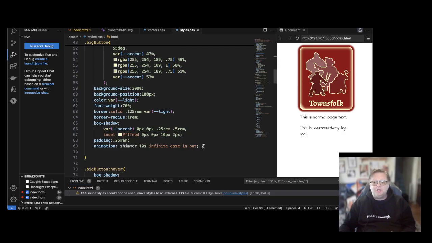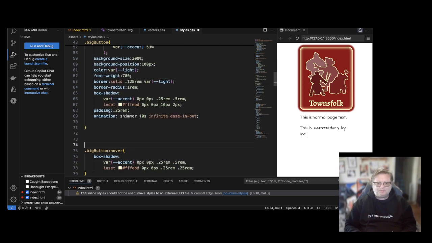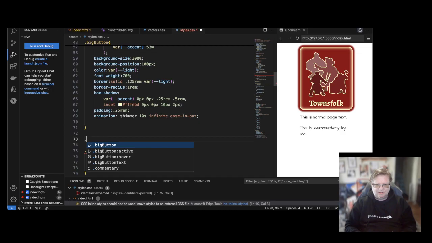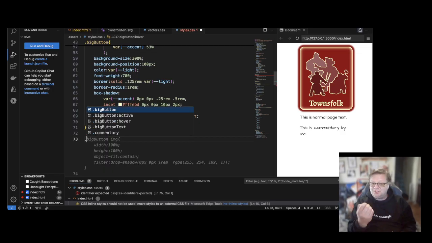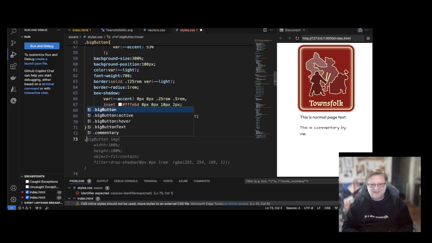So I think what I'm going to do is... I'm going to add... because Copilot suggested a class for the big button out there. And I like having this as sort of a big card type thing, but